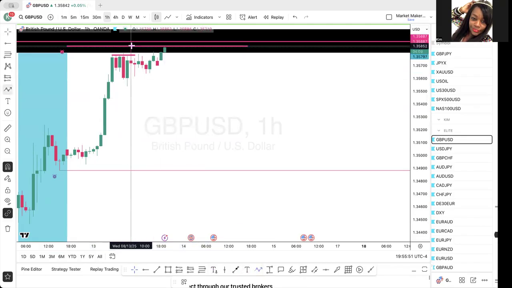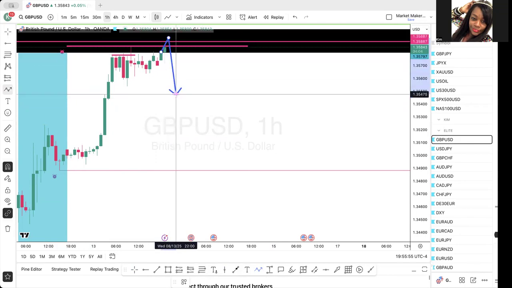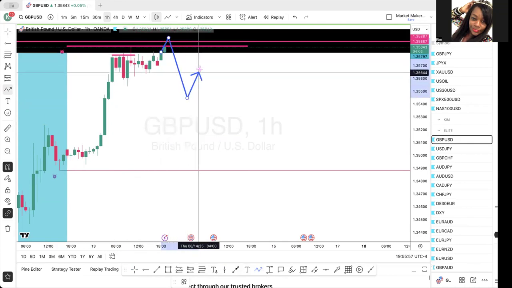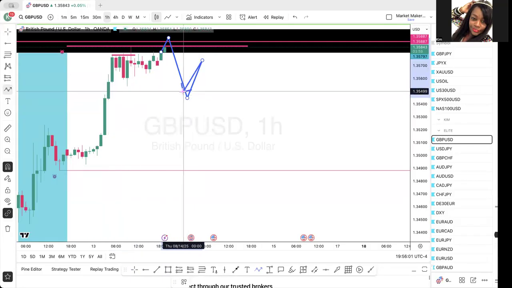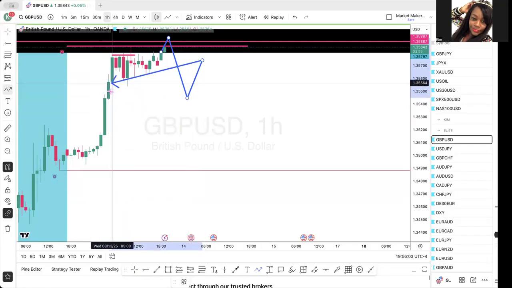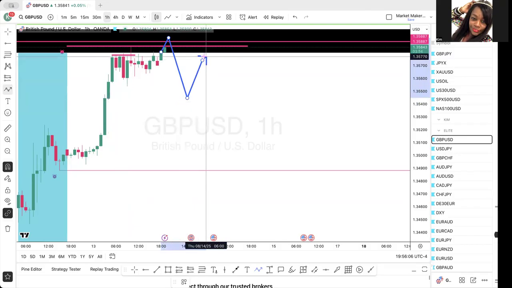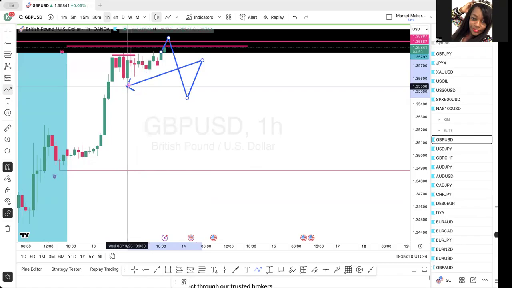Because all I know is if it breaks, shifts structure, comes back, the imbalances are only placeholders to where my pullback is going to start. But it doesn't matter because once I close below here